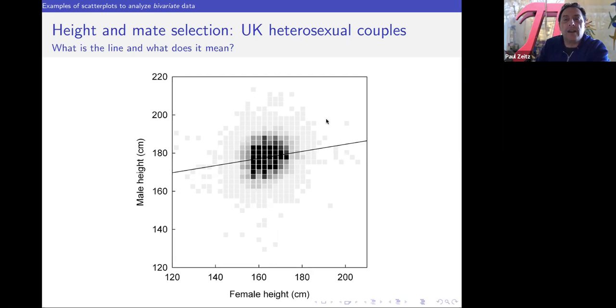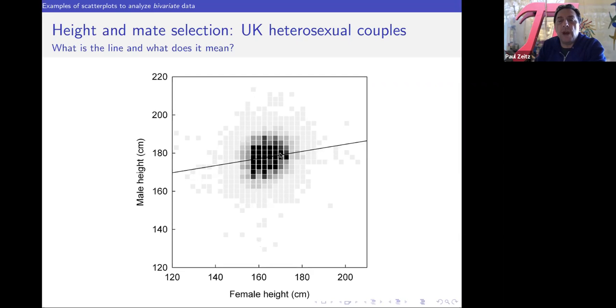So there's this wealth of data with, like, I'm not sure, at least 10,000 people in the UK. And what makes this scatter plot interesting is that it uses a grayscale coding to indicate frequency. So each dot is not a person. The little gray dots are 20 people, and the dark ones are 200 people. And so you can see most of them are clustered in here, where you have average female height and average male height.